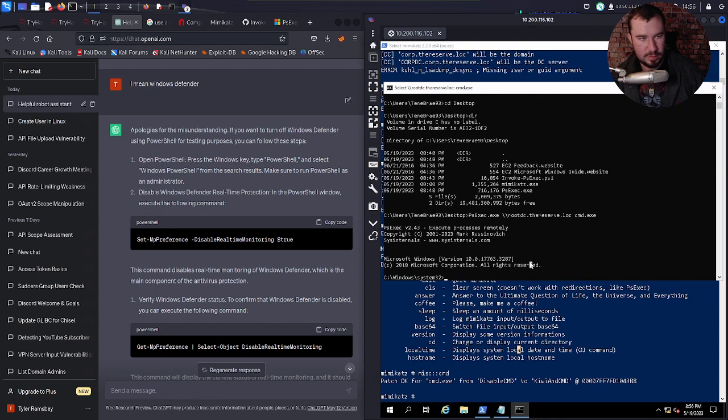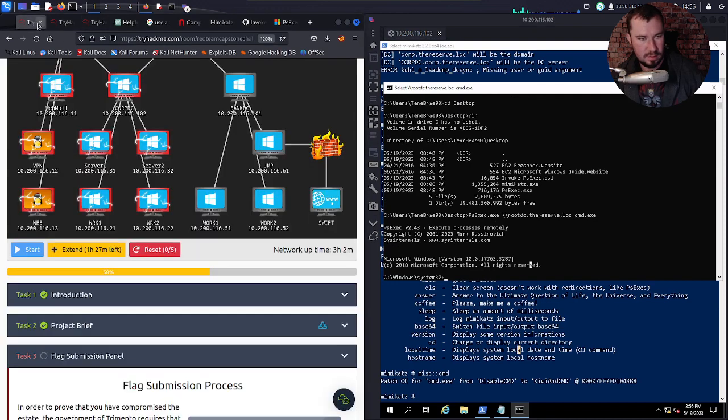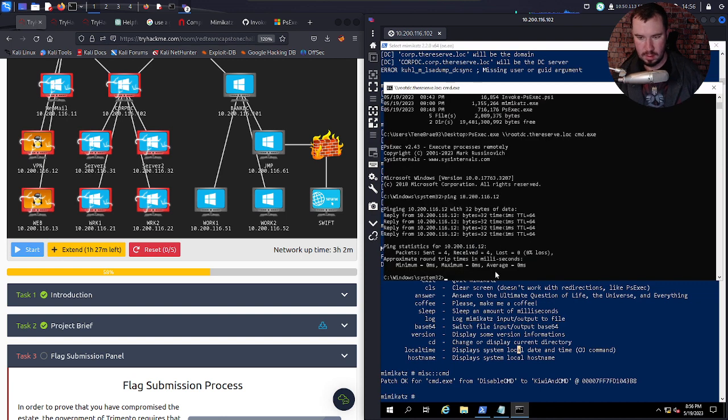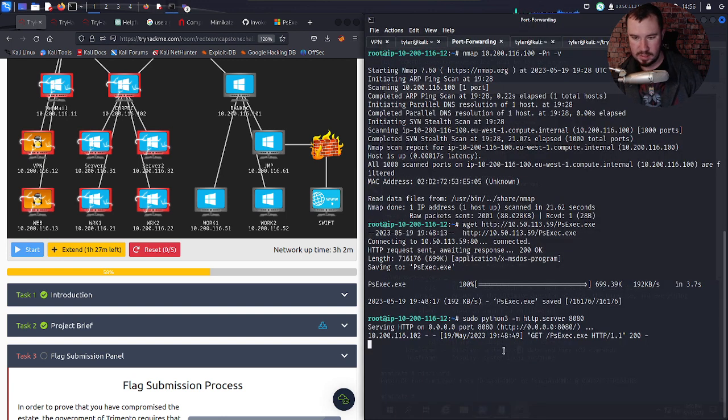Can this hit my web server or my VPN server? Good. Beautiful. Let's go back to my web server where I already have Mimikatz. Oh, I'm already hosting stuff. Is Mimikatz in here? It is.